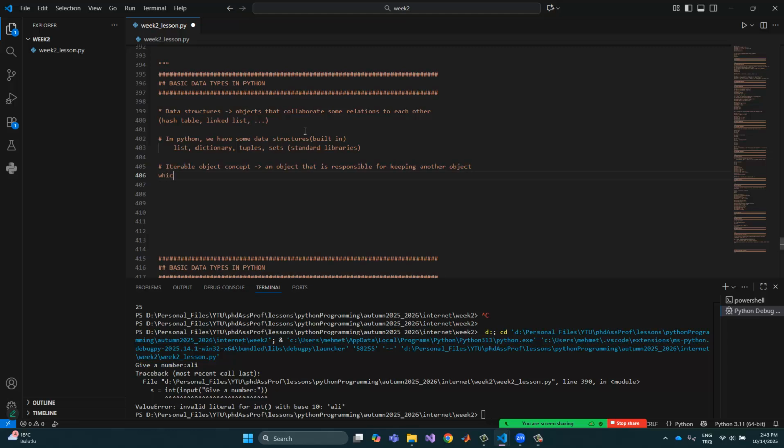So, which means that we can iterate any data kept in this object without ignoring its type. Okay,